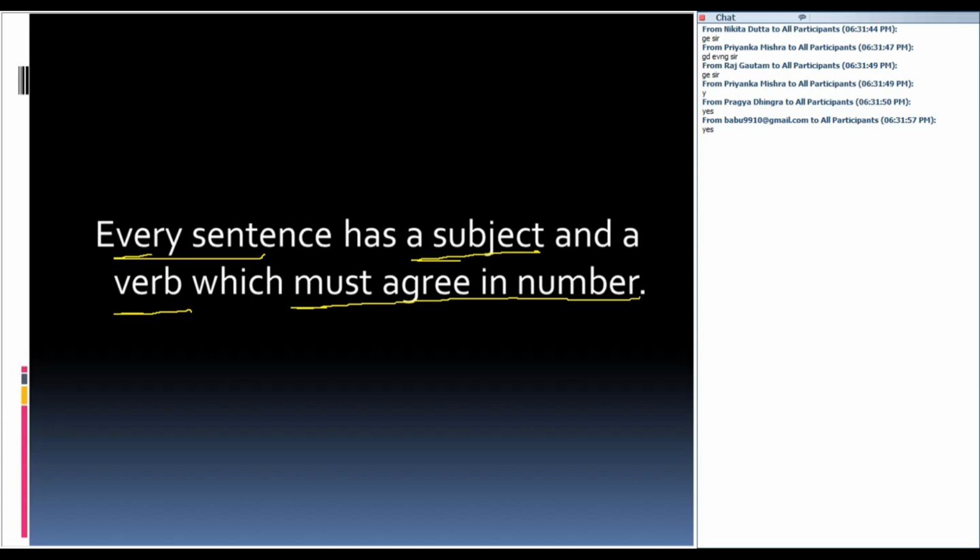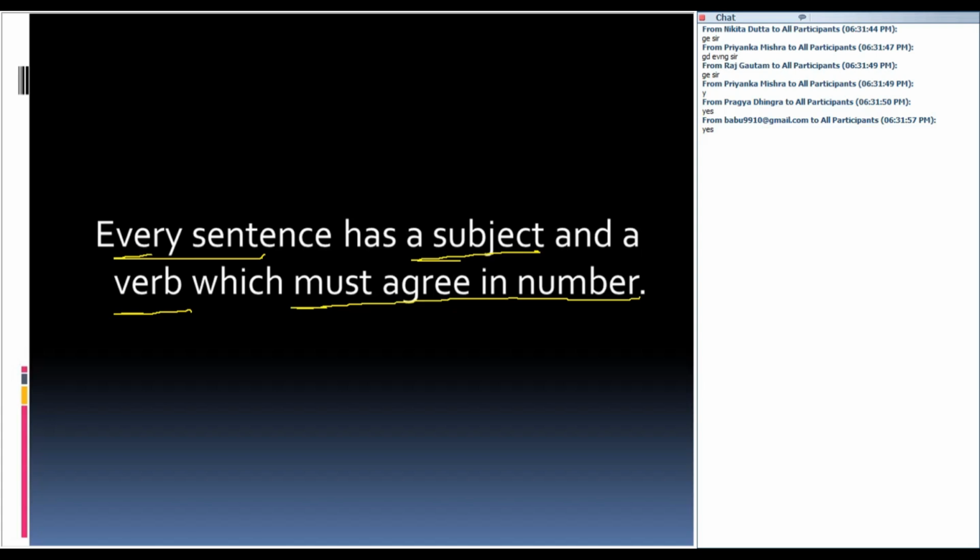But sometimes in the examinations, they will write sentences in such a way that you will be confused whether the subject is singular or whether it is plural. And if you don't know whether the subject is singular or plural, then there can be a problem. Then you don't know whether the verb that you need to use is singular or plural. So it's very important that as a first step